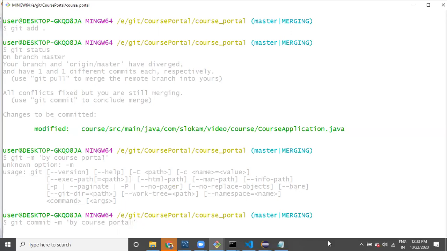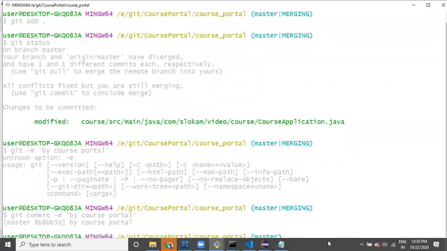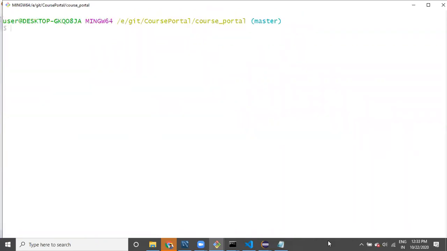That's why whenever we are pushing, before pushing we have to pull the code. If anybody provided the latest code, we have to get the full code. Whenever we pull the code, again we may get conflicts. We have to resolve the conflicts, commit again, and then git push. Finally we have to push this.